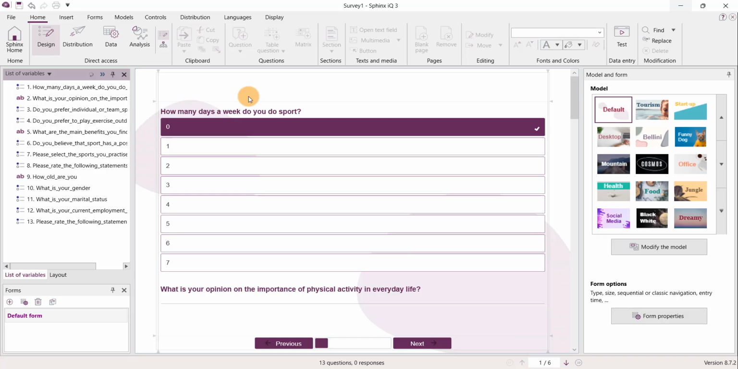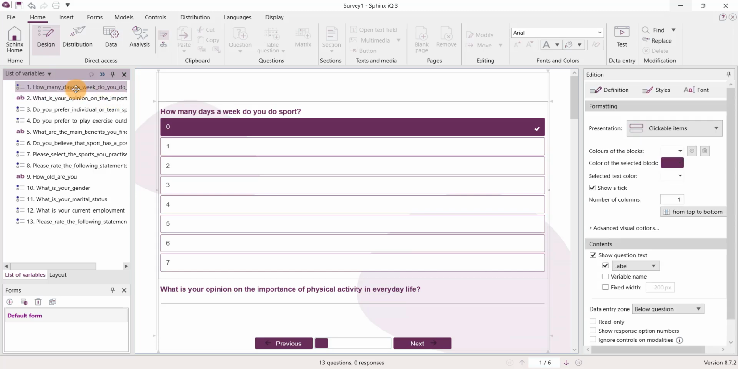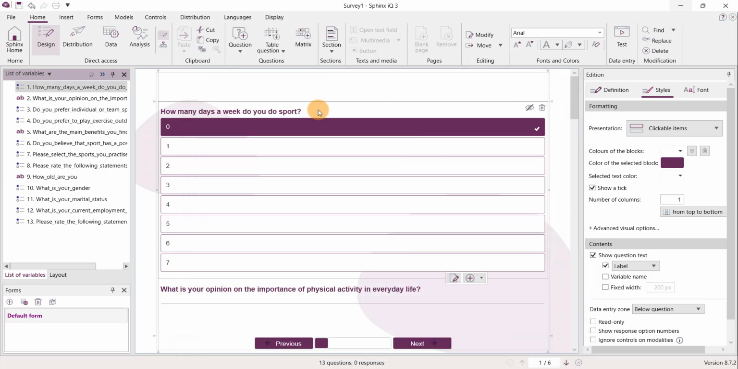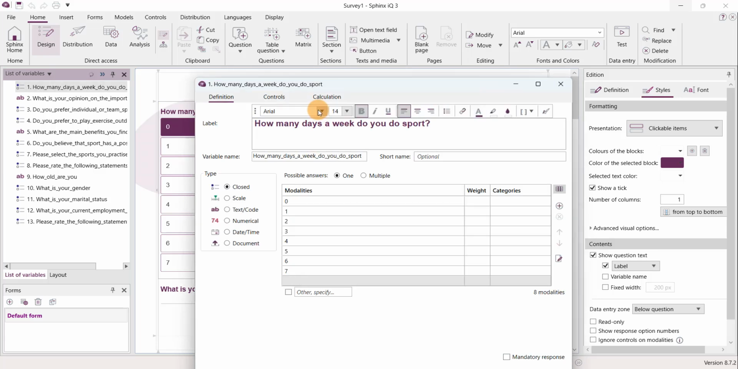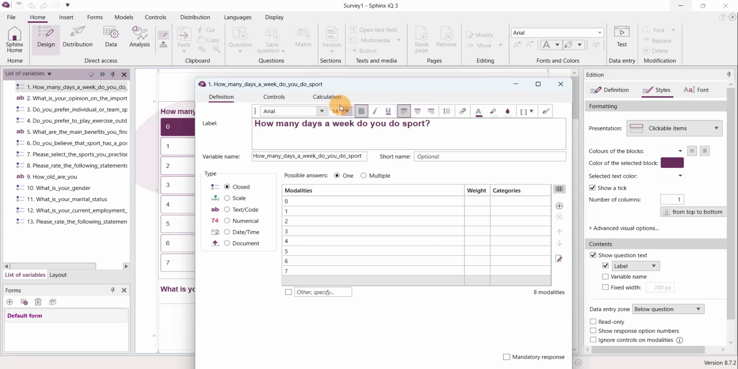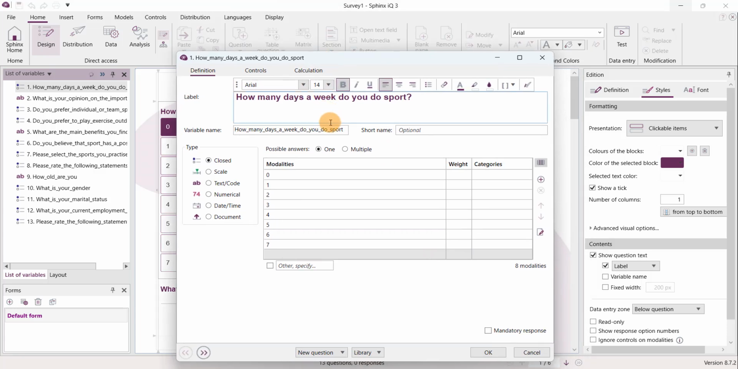And to check every question and customize it, I can double click on the list or double click the question on the center of the screen, or alternatively click here on Modify. So I make sure the question is correct, and IQ3 has automatically generated a variable name based on the label,